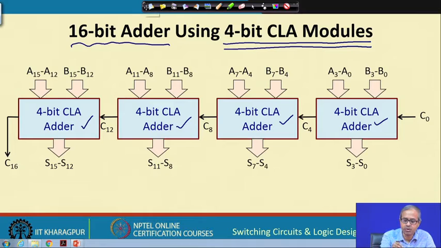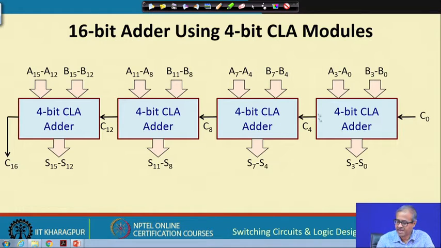Now, one thing we can always do, we can cascade these 4-bit lookup adders like this. If you recall earlier, we need 5 delta time to generate the carry and 8 delta time to generate the sum. So, this sum will be generated after time 8 delta,